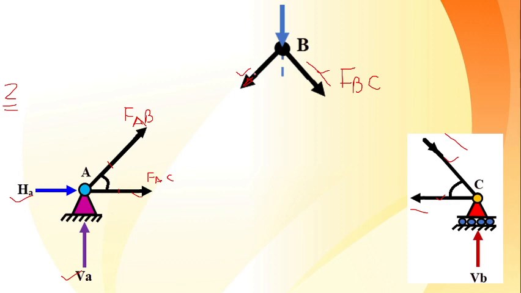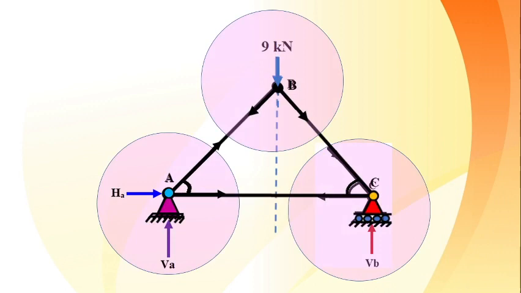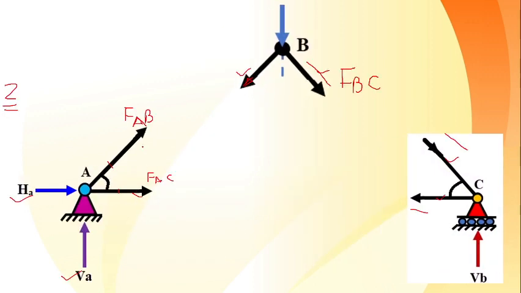Is it okay? So once you find out all these various unknowns, and if I keep it in an original position, whatever answers I have got here, suppose this is 2 kilonewton. And here one more thing I have remained to tell you. See here, this arrow is pulling the joint. So exactly opposite should be happening here. This arrow has to pull the joint. As it is pulling, so the nature of this force will be tensile.